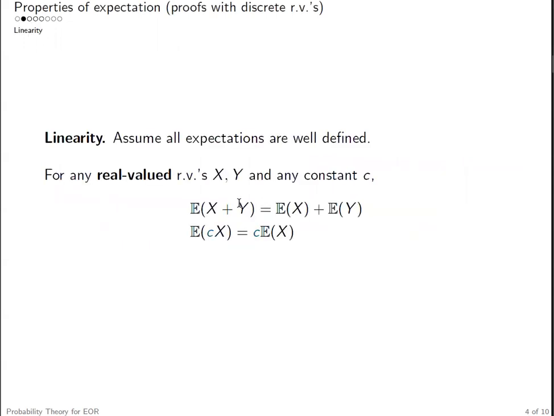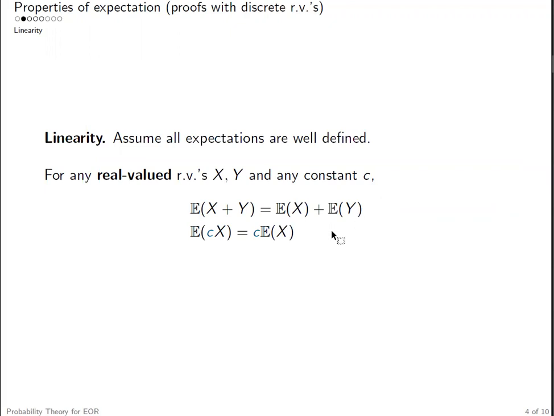Let's take a look at the first property, linearity. In the following, we're going to assume all expectations are well-defined. We know for some random variables, they don't have expected values. But here we assume all expectations are well-defined. So all the random variables we discuss in the following, we're going to assume they have expected values. Okay, so for any real valued random variables X and Y, and any constant c, the expectation is going to satisfy the following